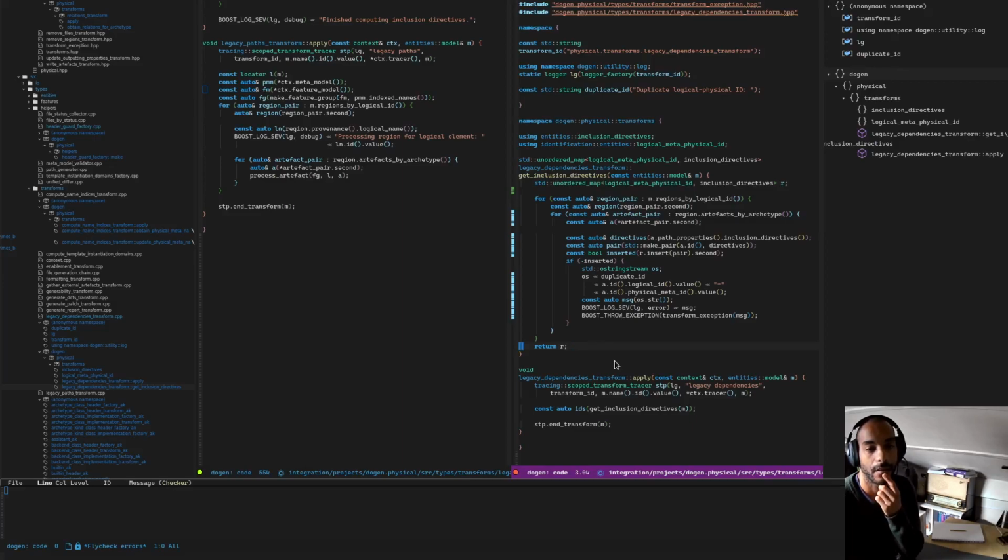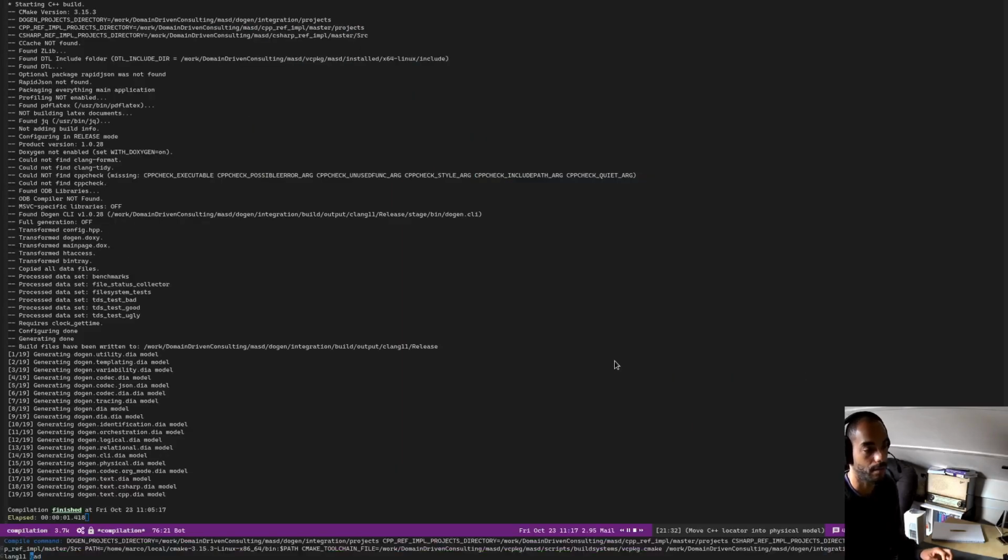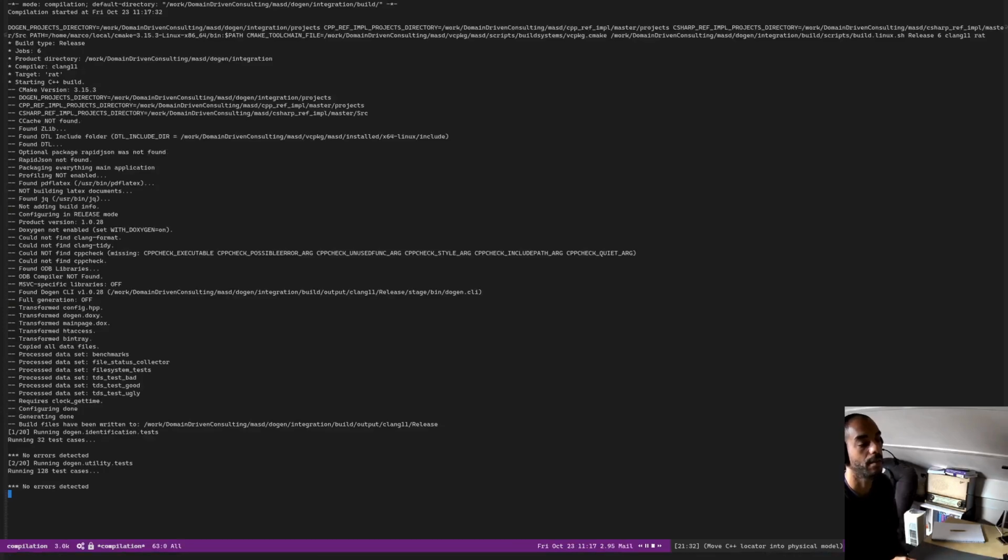Now then, so we've already got the inclusion directives. They already are being populated. We made this slight improvement here of using the ID, so it's not a complete waste of time. This time we spent,